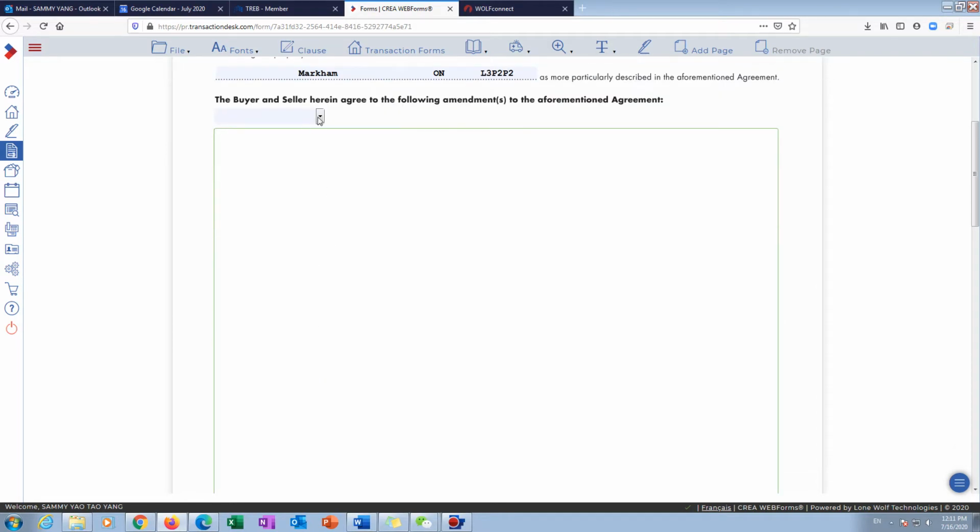So on the bottom, you will see insert, delete. Usually we leave blank because we just manually type delete, delete, insert, insert, and then we write information. The most common amendment is for the closing date. If your original closing date is for end of the July, but you wanted to change it to whatever the time, maybe let's say end of the August, you can just write